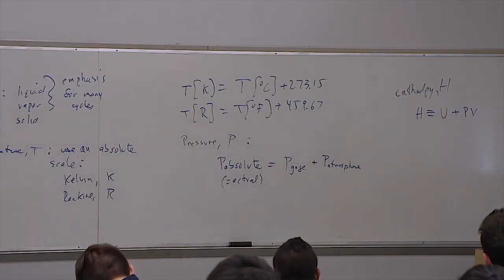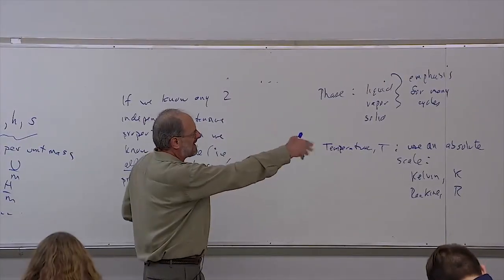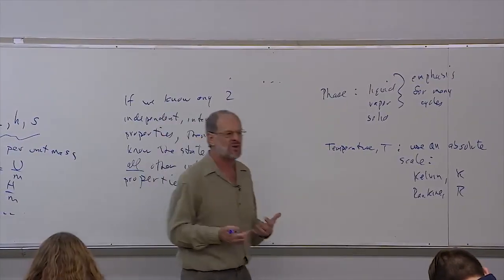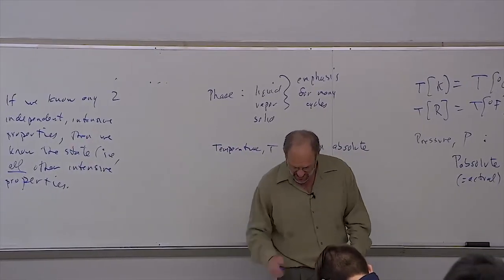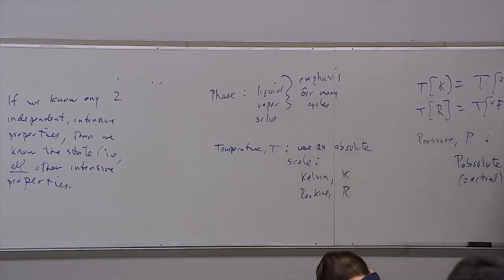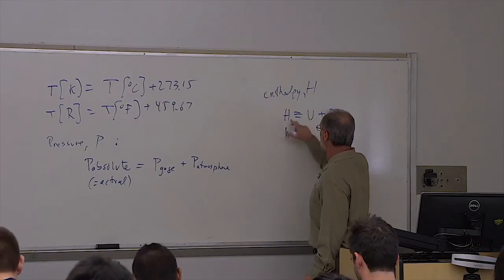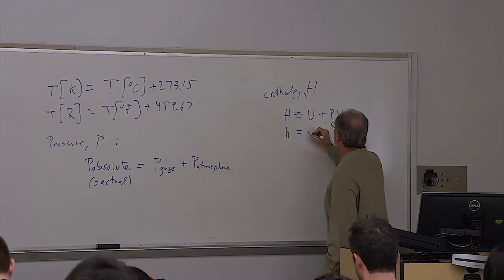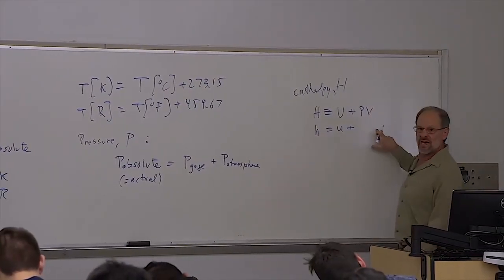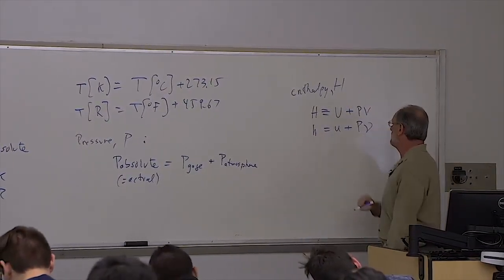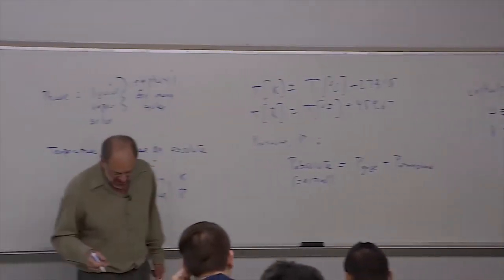Good. So if we have a problem that involves enthalpy, there may be times when we'll have to add U plus PV, but for the most part, we don't. The data will be available in our property tables, and we'll just use it as appropriate. Let's also note that we can divide this whole thing by mass. The total enthalpy of the mass is the specific enthalpy. The internal energy of the mass is the specific internal energy. And the volume of the mass is the specific volume. So these are both ways that we can write our definition of enthalpy.